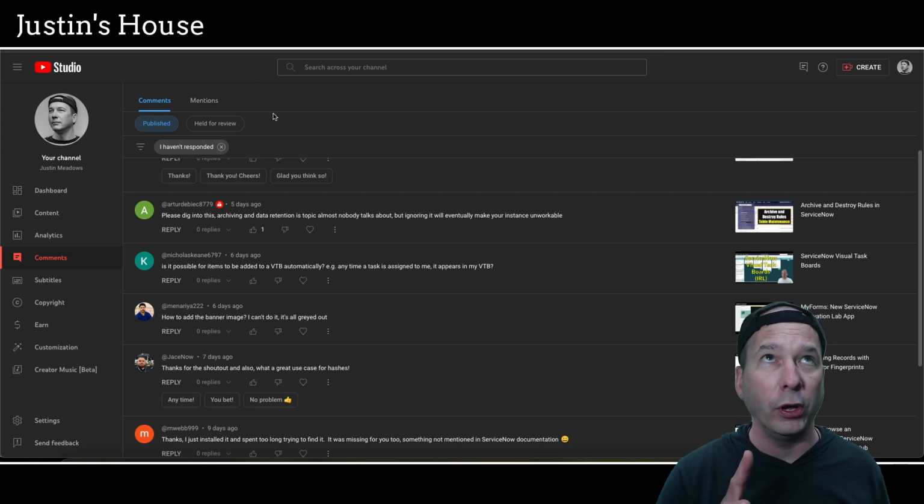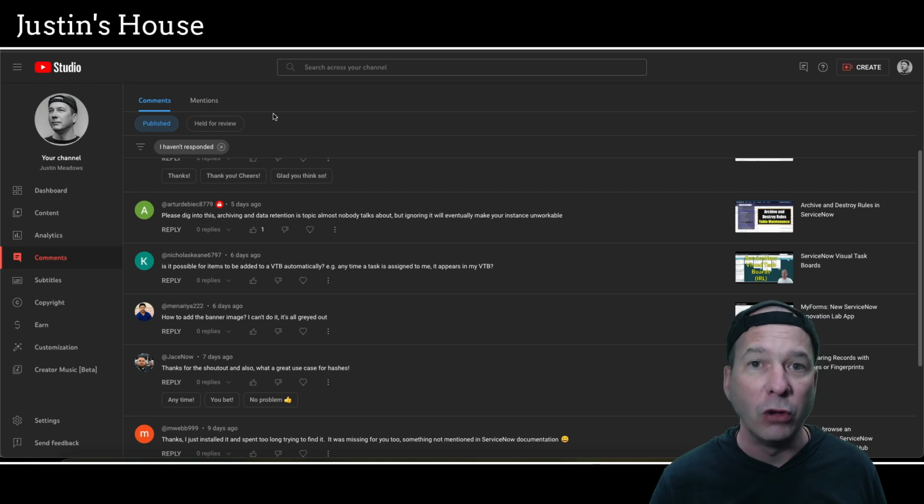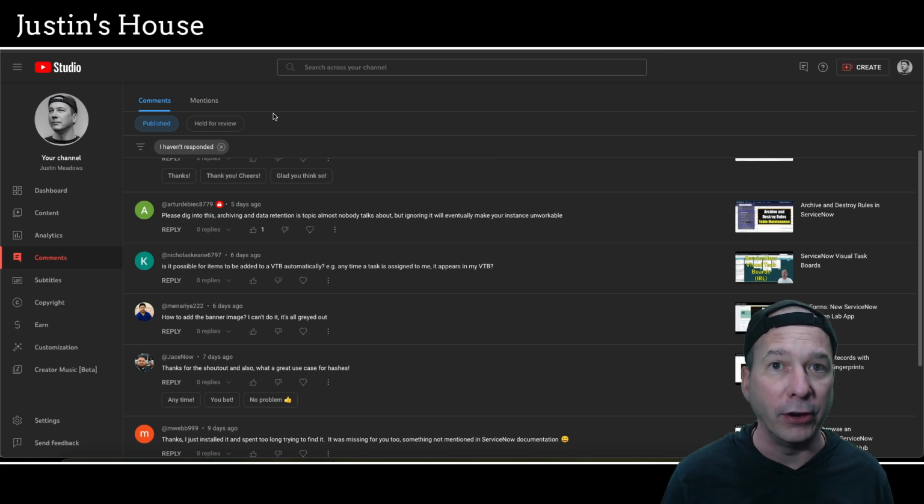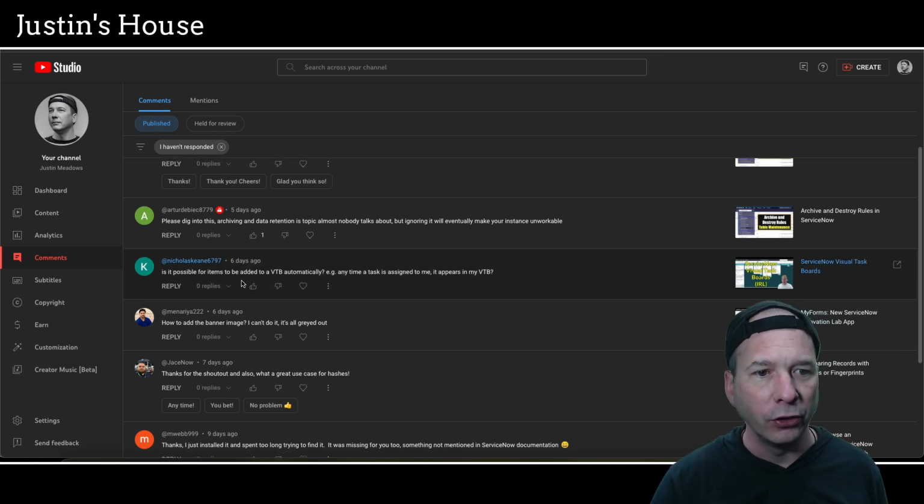The other one real quick that you might want to look at in Vancouver is catalog items. So catalog items have variables associated with them, and those variables take up data in your instance. Well, with Vancouver, they've now taken care of that. So if you're using the out-of-the-box archiving rule, it will take care of the variables on those catalog items as well. So thank you, Artur